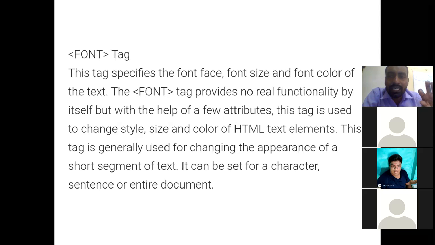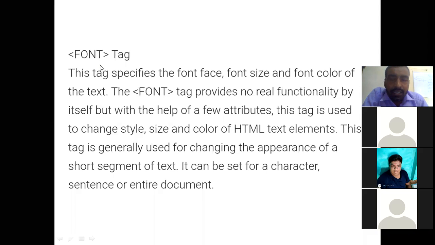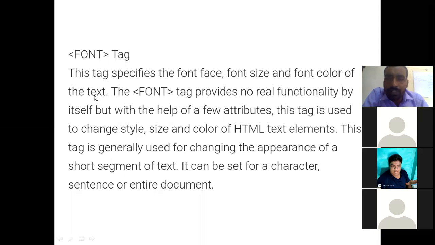These things are possible in HTML with the help of font tag. Font tag specifies the font face, font size and font color of the text.